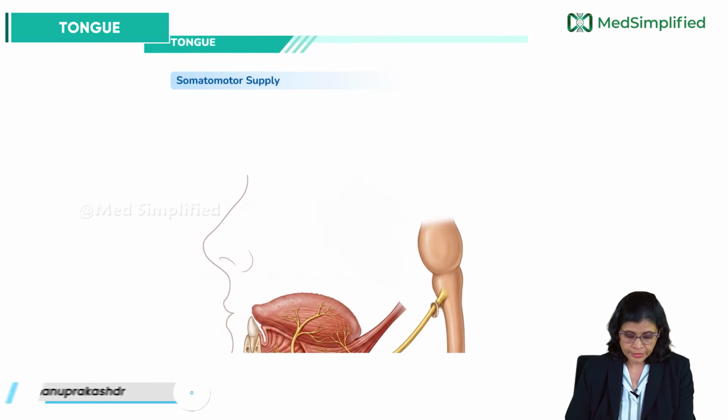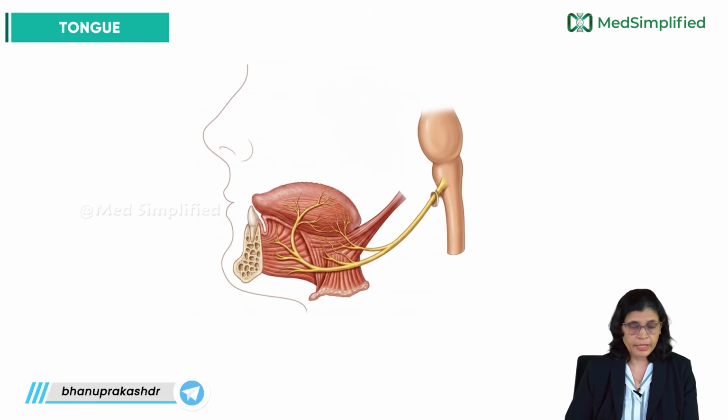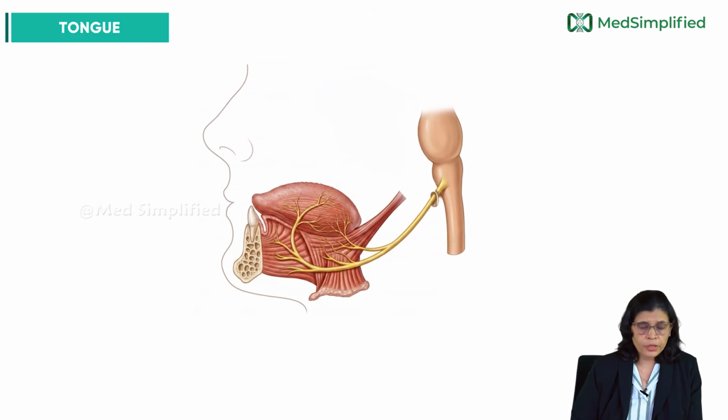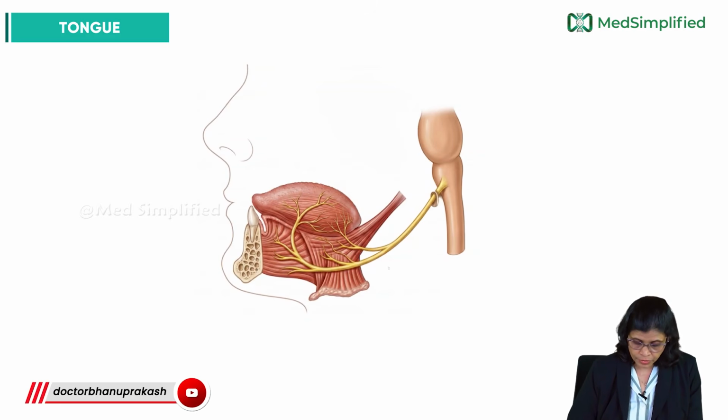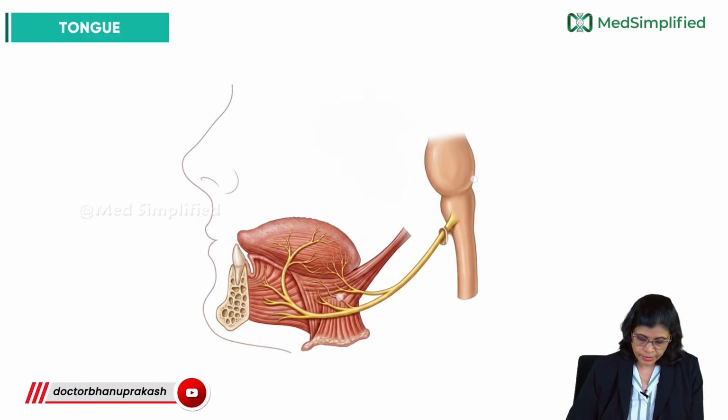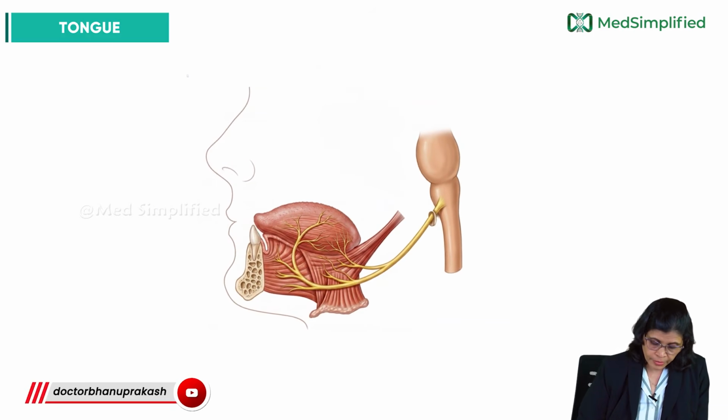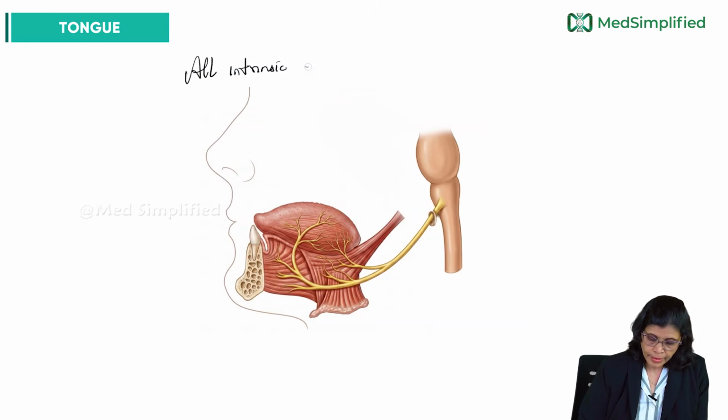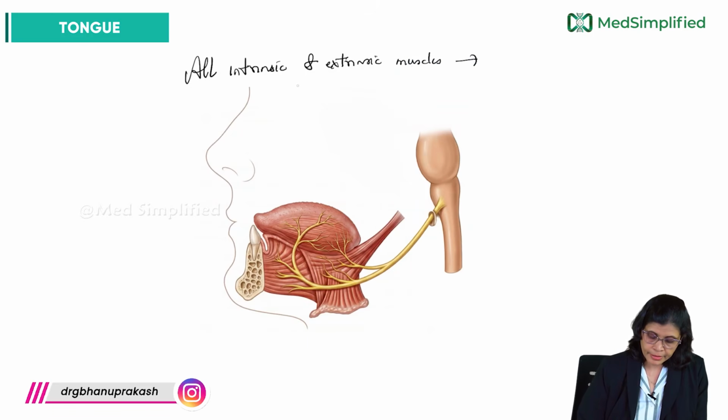Coming to the nerve supply of the tongue, the somatomotor supply, that is basically the motor supply of the tongue. All the muscles, whether the intrinsic or the extrinsic muscles, are supplied by the hypoglossal nerve. Here there is an exception. You have to remember all intrinsic and extrinsic muscles are supplied by hypoglossal